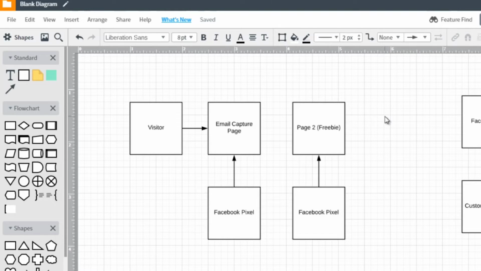In other words, if they did not fulfill the action, then you need to show a Facebook ad. If they did fulfill the action, you don't need to show the Facebook ad, unless, of course, you're selling a product. But like I said, let's keep it simple. So from this point, they either give us the email and then they land on this page. And this Facebook pixel will need to, we'll call it a